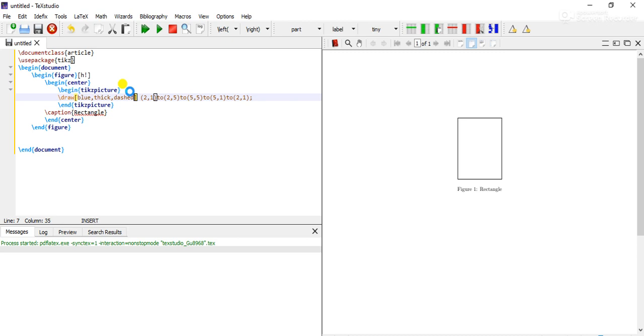So compilation takes a bit of time. We'll wait for it. We'll see how we get the output for this particular rectangle.